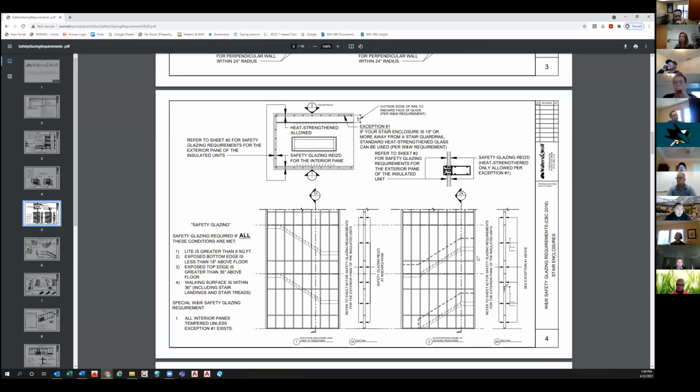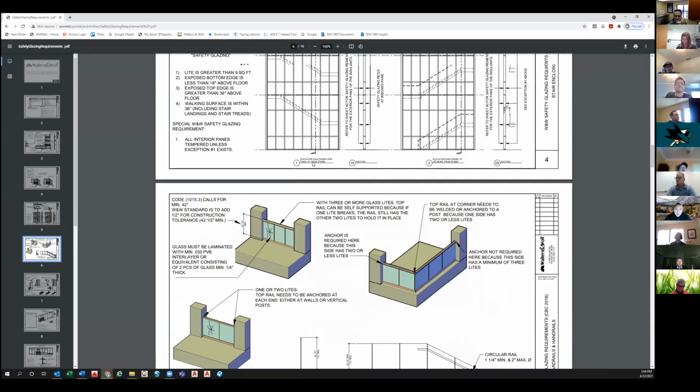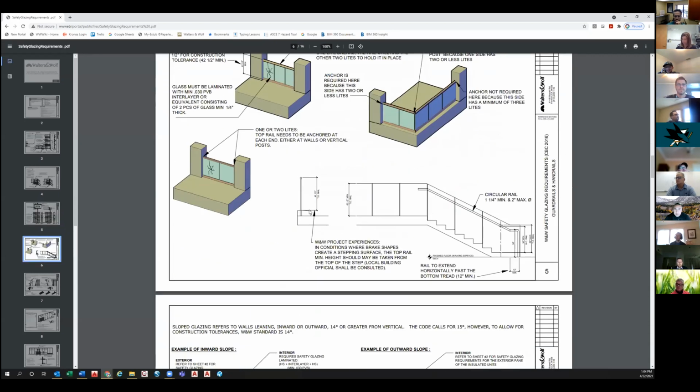Access to that interior space and how close we are to the curtain wall on the interior side, whether the safety glazing comes into play or not. There's a dimension here of 19 inches from the interior glass to the guardrail on the stairs or landing. And then our safety glazing for